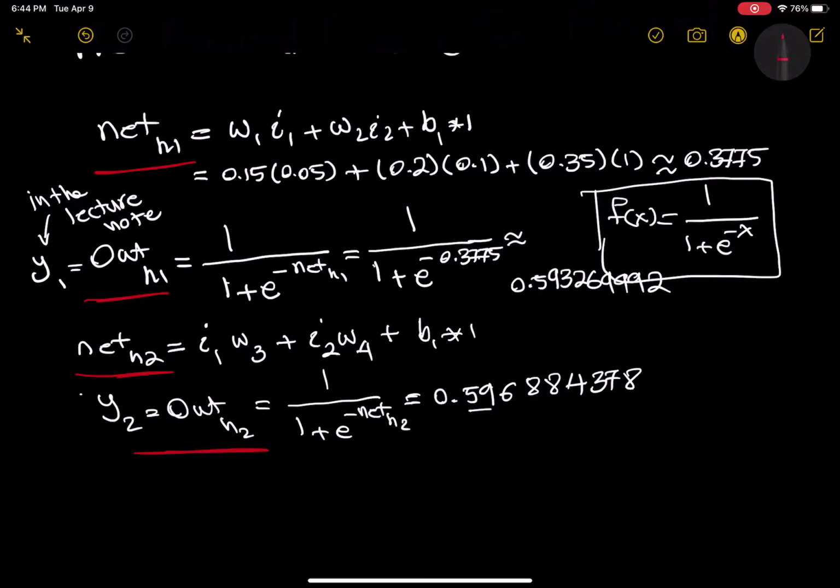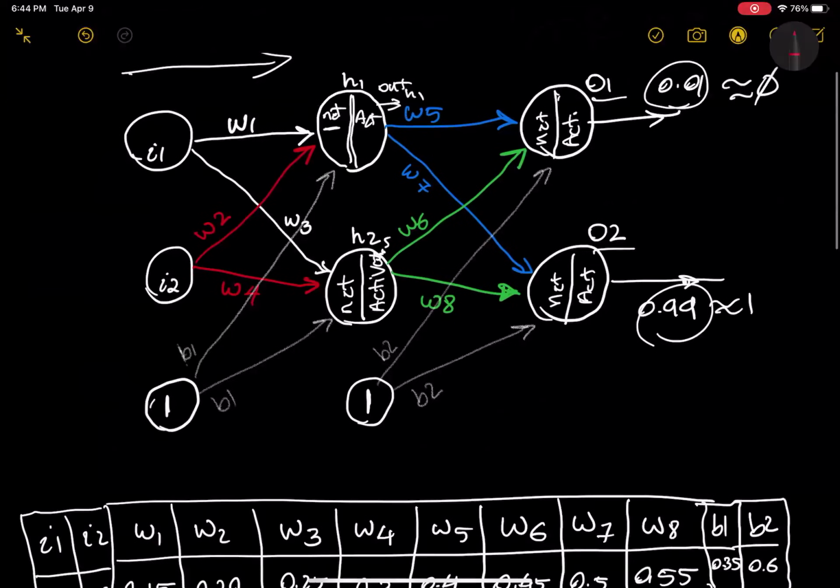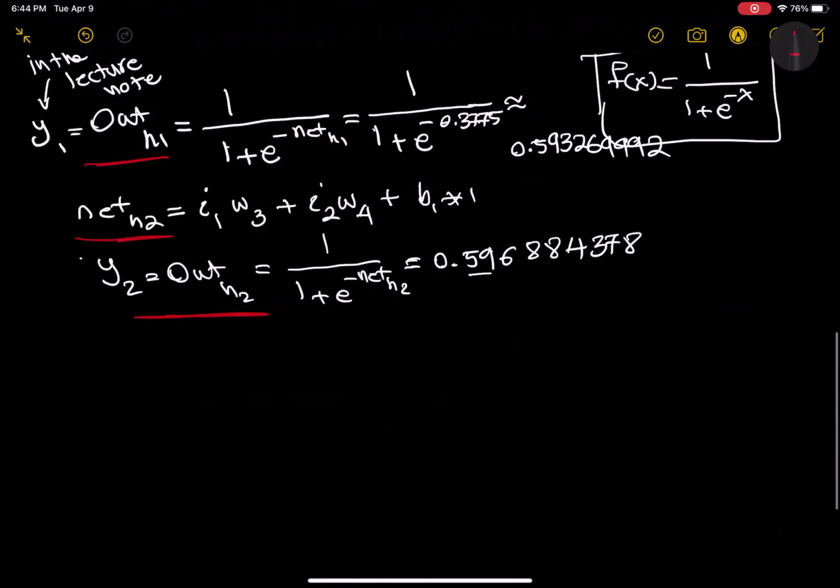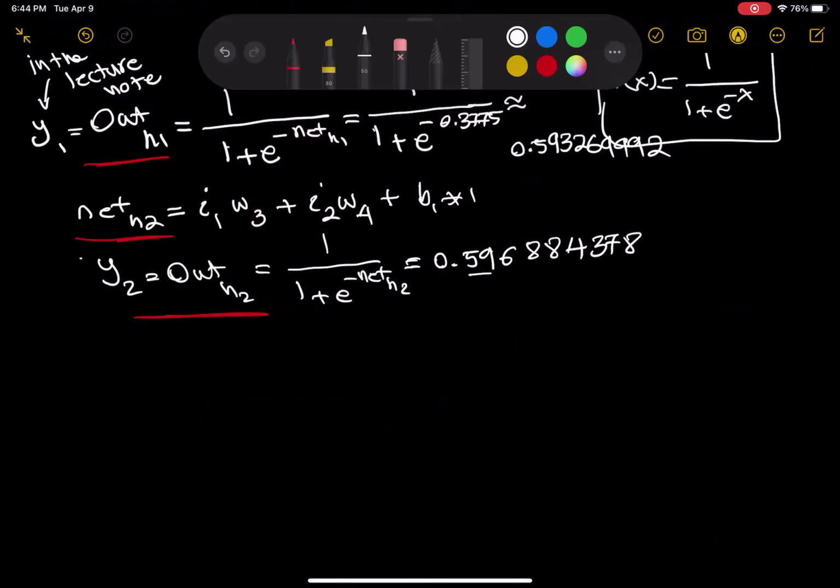Now, by analogy, the next things I have to calculate are net of O1 and out of O1, and net of O2 and out of O2, right? So let's do at least one of them so I can show you how it works. Then from there you would understand what's going on. So in order to calculate the net of O1,